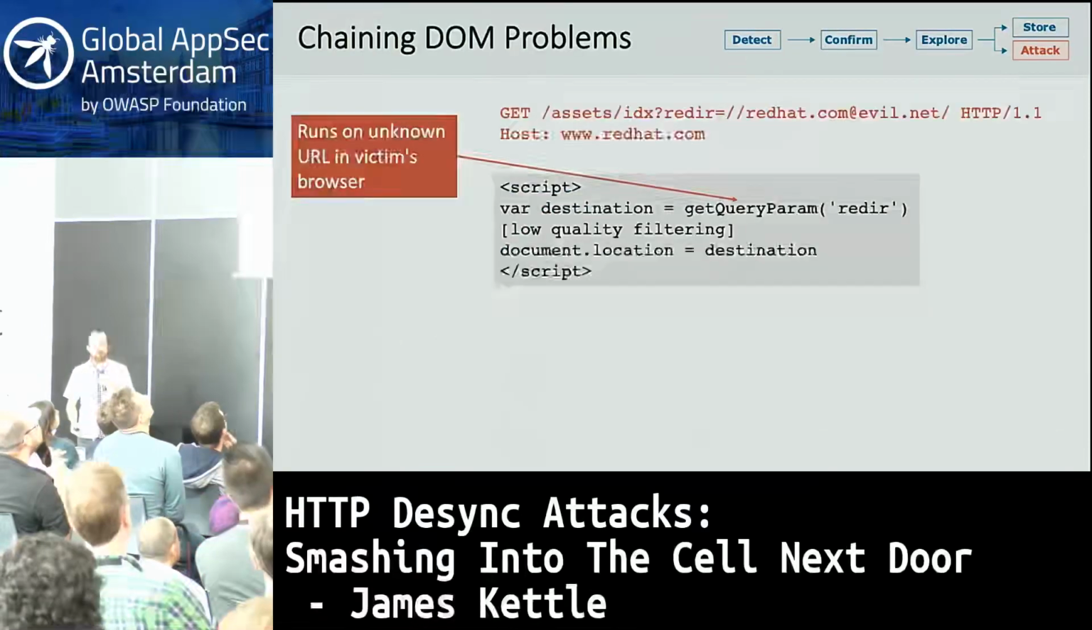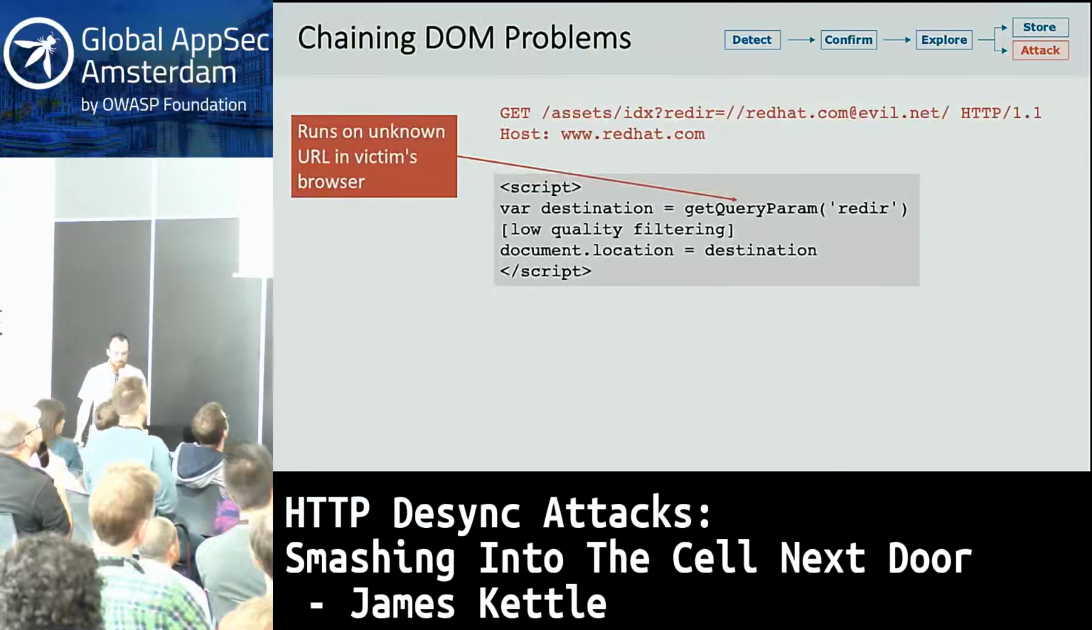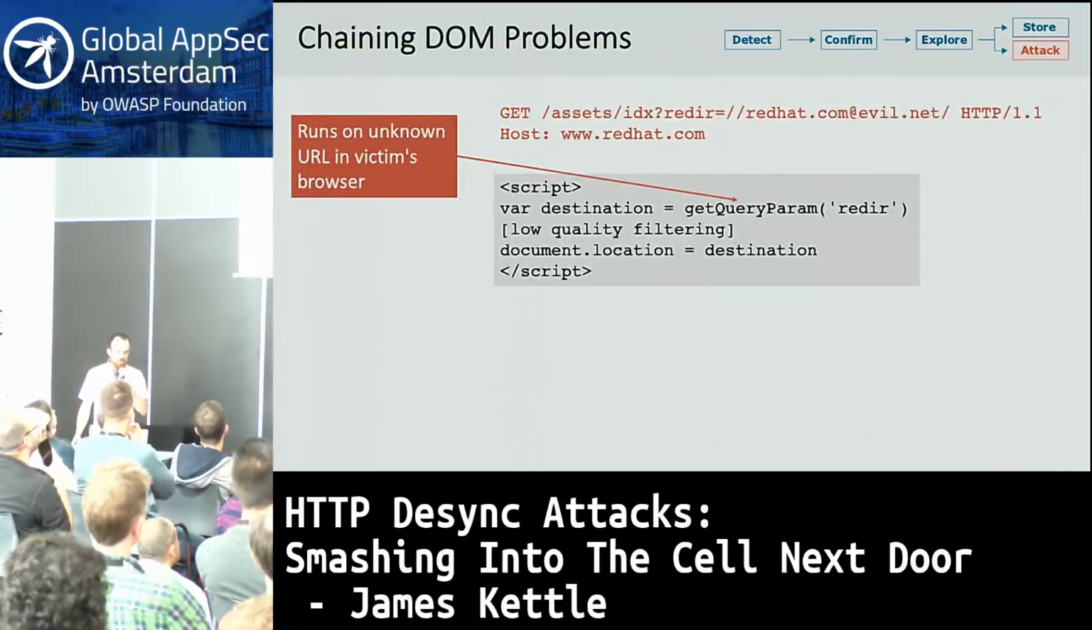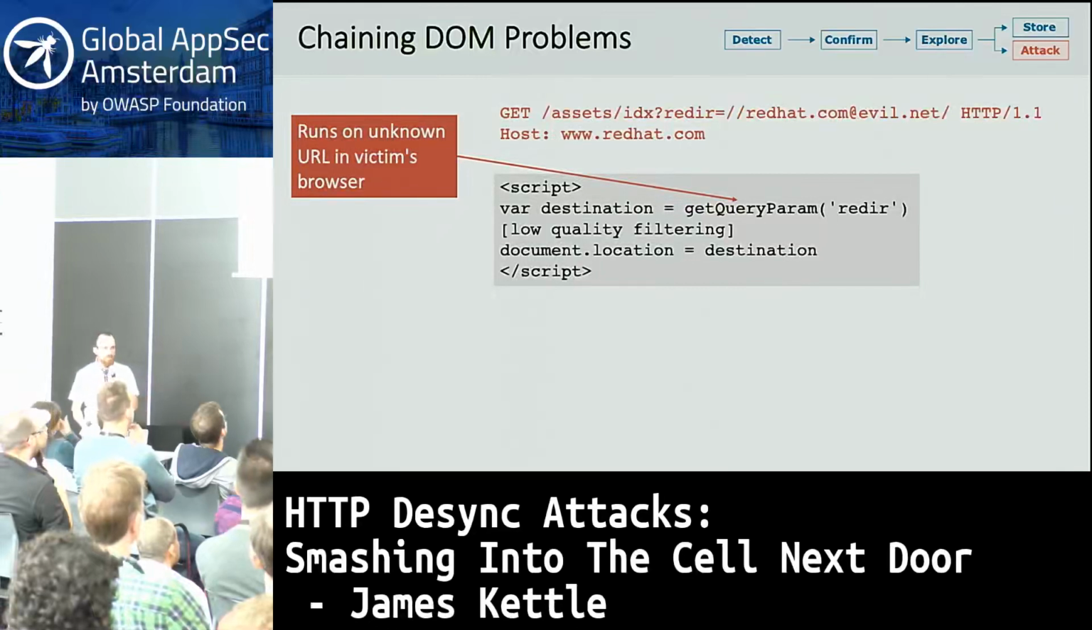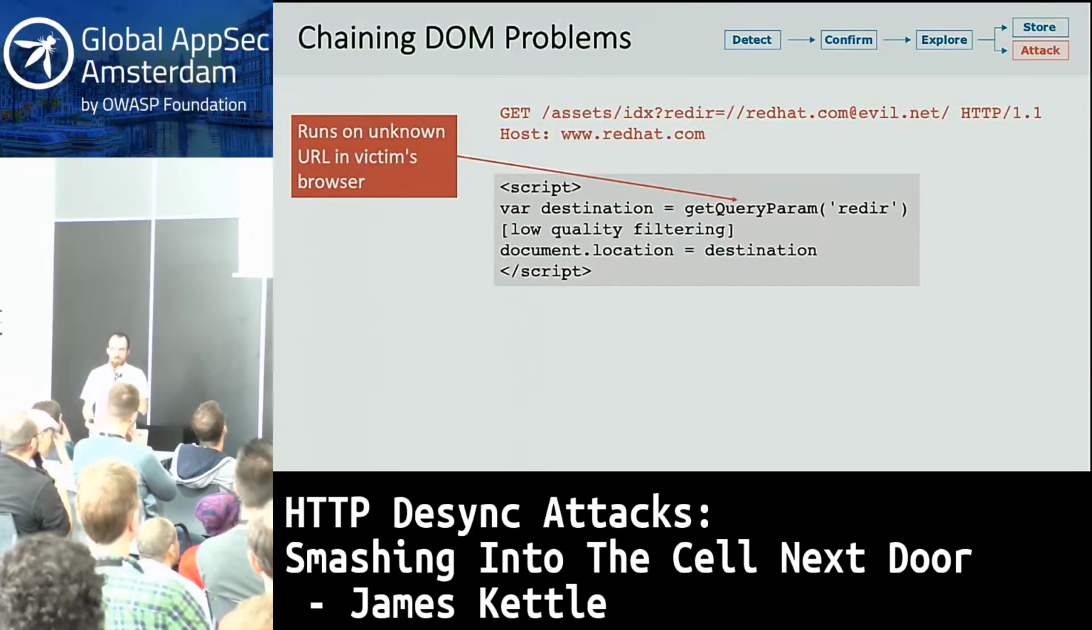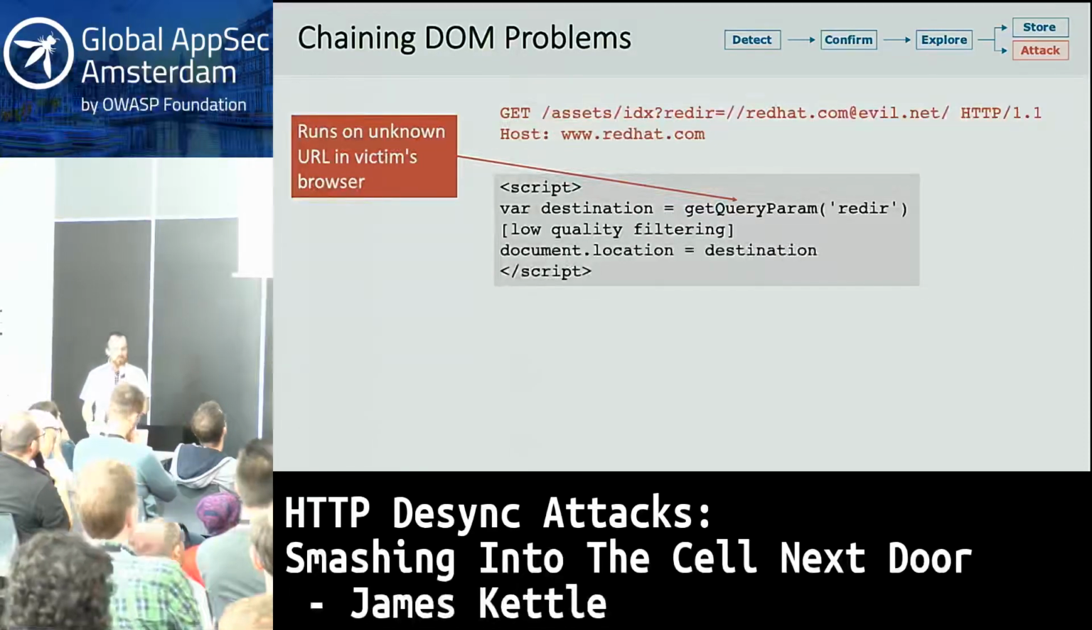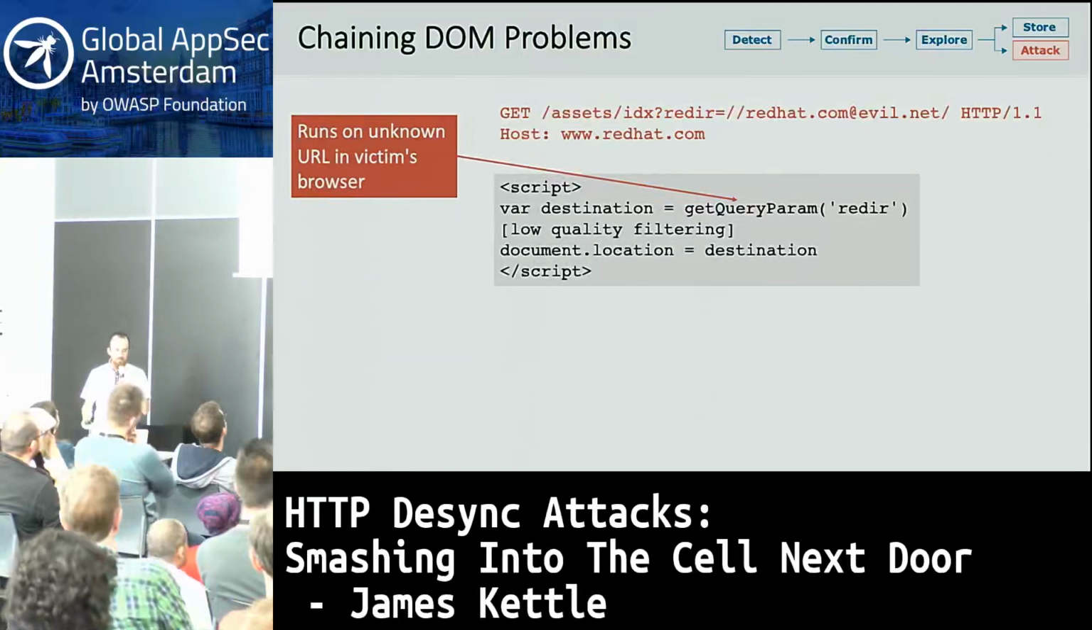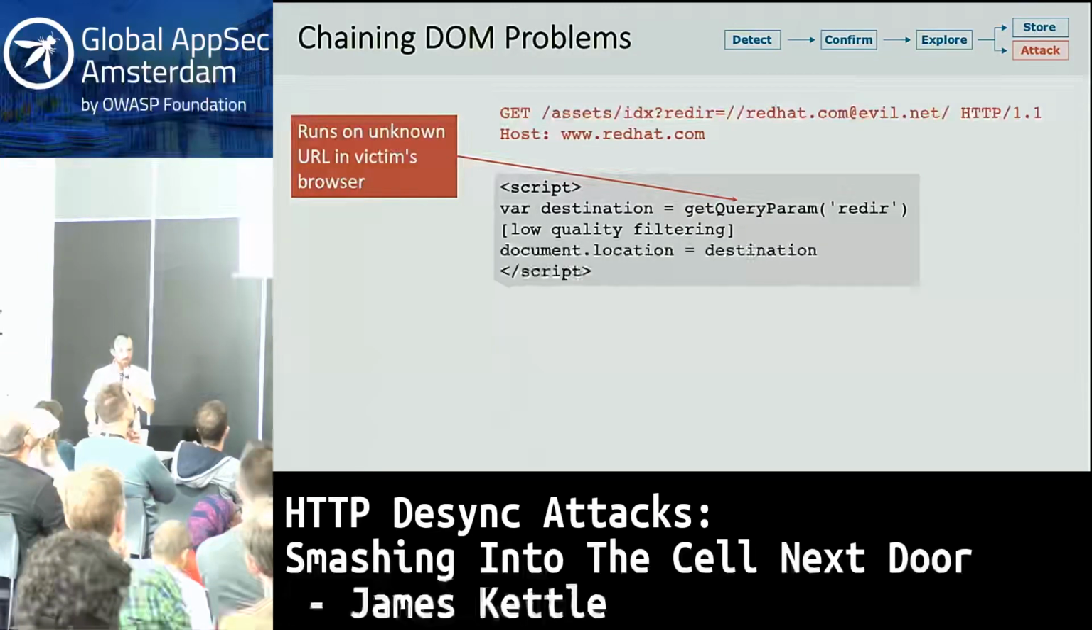Now, looking at Red Hat's website, they were using Akamai, they were vulnerable, and I was looking for how I could do some damage with this technique, and I found this DOM-based open redirect, and that raised an interesting challenge, because with request smuggling, we control the URL that the backend server thinks the user is trying to access. But we don't control the URL in the victim's browser. So you can't hijack the value that gets passed to this getQueryParam function and exploit this vulnerability. But I was able to find a